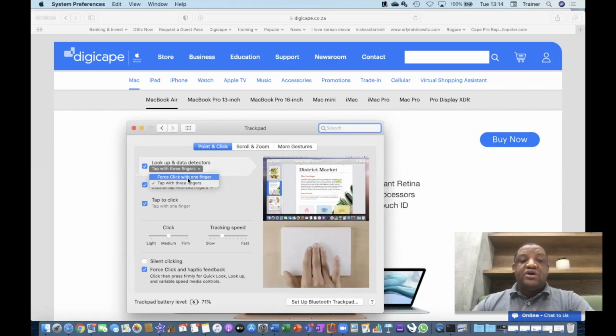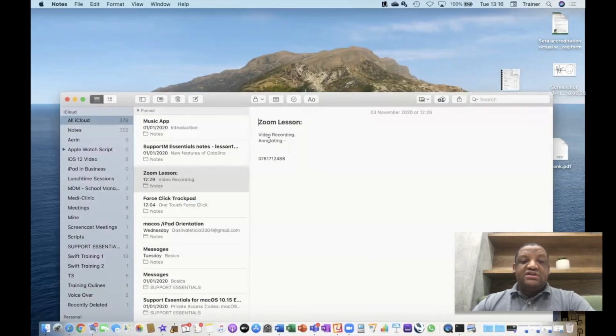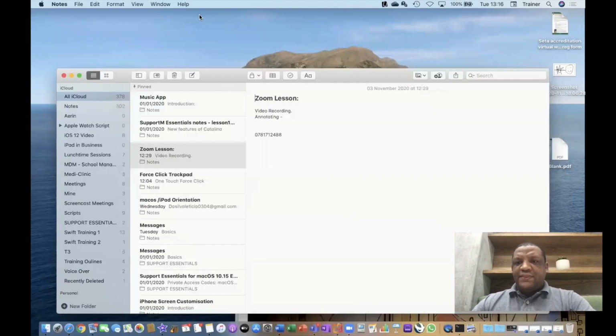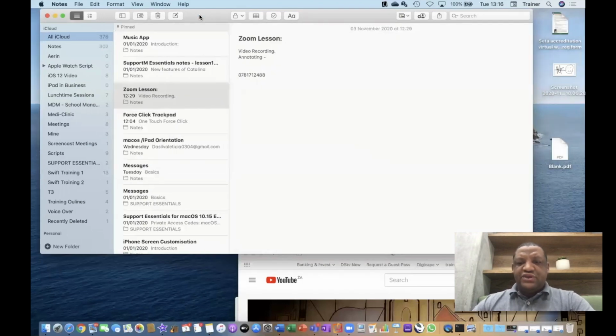In my case, I'm going to use the force click one finger. So if I take this word, annotating, and I tap and hold on it, then it will give me the definition, also other details of that word as well. Okay, so so far we've covered quite a few things, but let me go into some of the media apps as well. Okay, so if I now go to